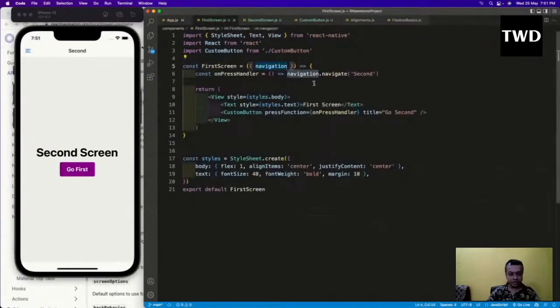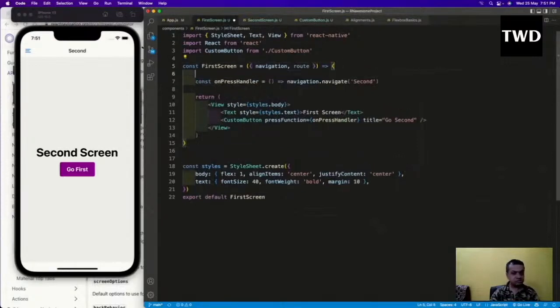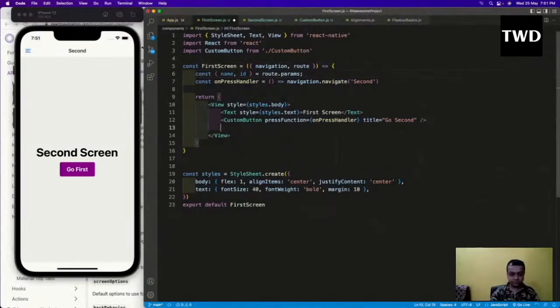So I'll go here and add a comma of route, and then const name comma id equal to route.params. This is how we can do it. Then after this we'll have a text,